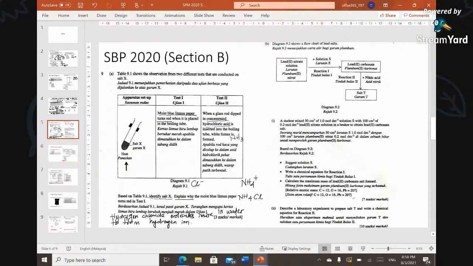Okay, question B. A student mixes 50 centimeter cube of solution S with 100 centimeter cube of lead nitrate solution to obtain lead carbonate salt. Okay, so you have to give the answer, suggest solution